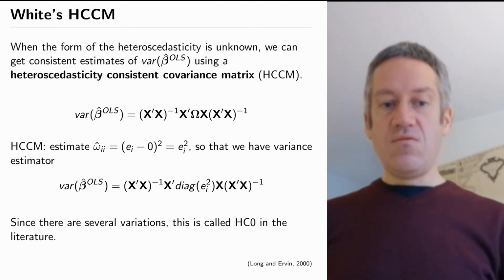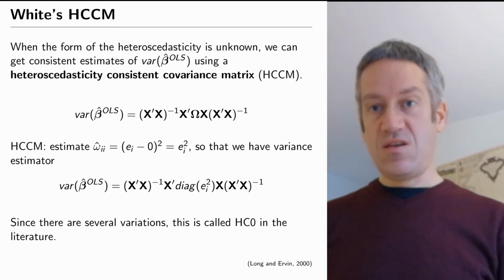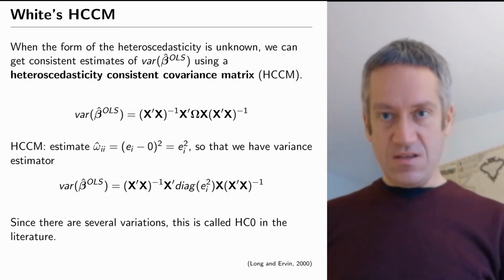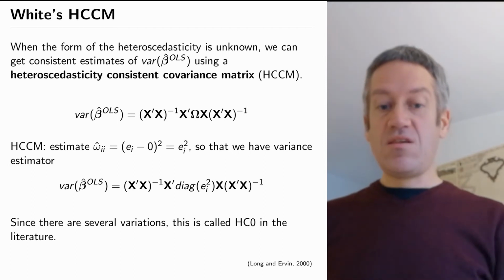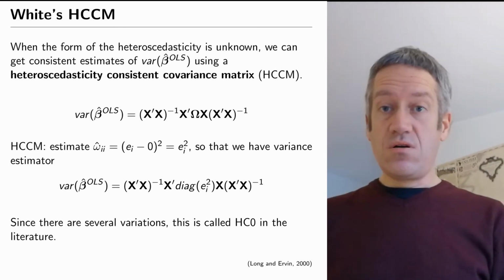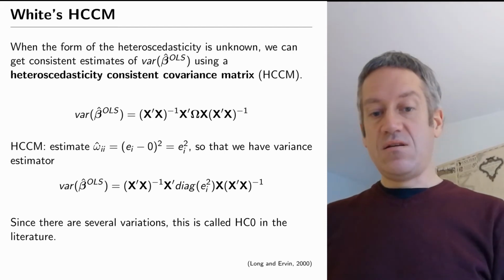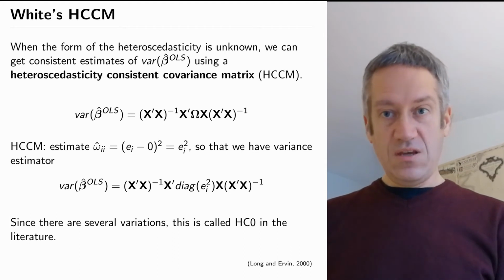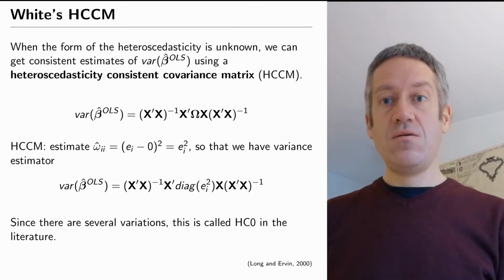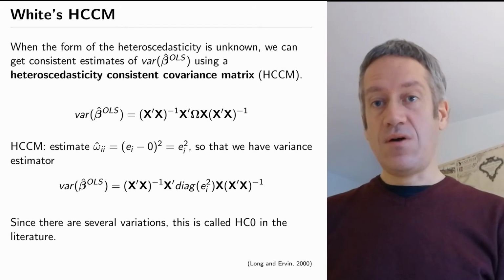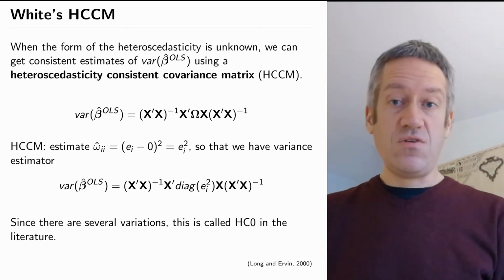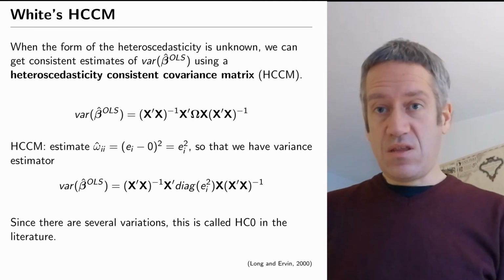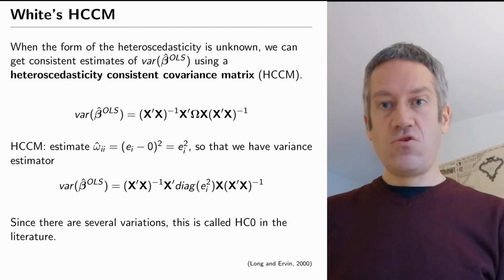estimators for standard errors, which is called heteroskedasticity consistent covariance matrices, HCCM for short. This is an estimator for the variance of beta hat that, instead of assuming a constant variance of all the errors for all observations, tries to approximate this by allowing for a different variance for each of the observations. And the most basic version of this has quite a simple logic, which is if I assume that